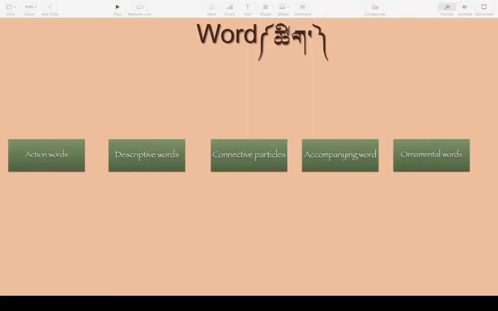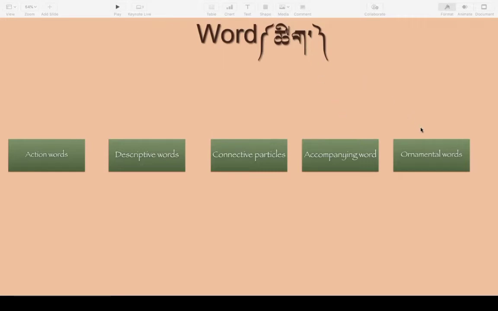And the difference is that the Ming or the name that we learned before only represents the name of things, place, object, phenomena. In other terms, those are only nouns. So those are the names which represent only the noun, whereas tsik or word are the names which represent everything else. So under the category tsik, we have the action word, the descriptive word, the connective particles, the accompanying word,